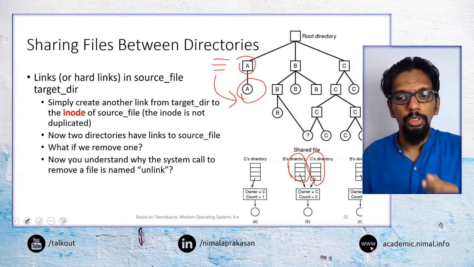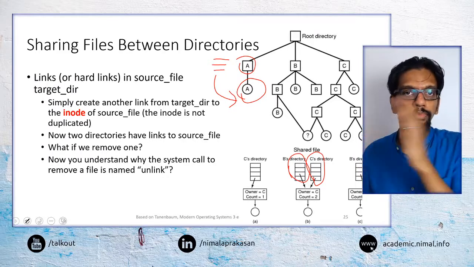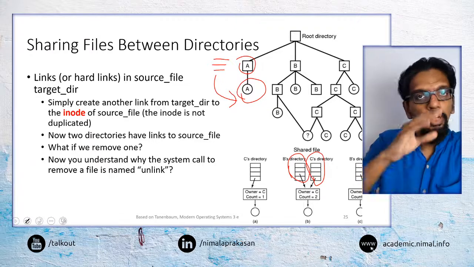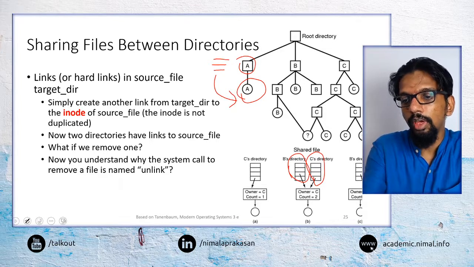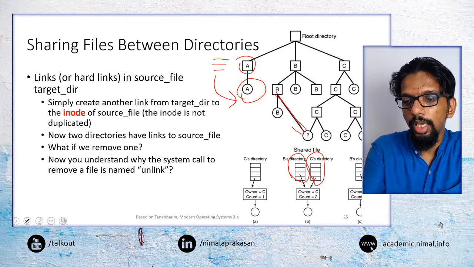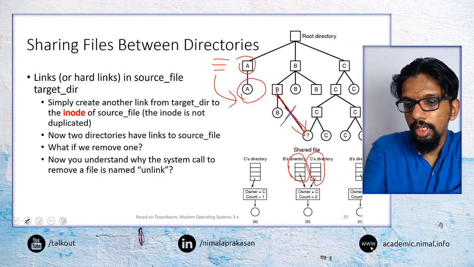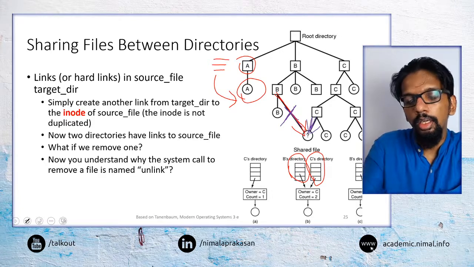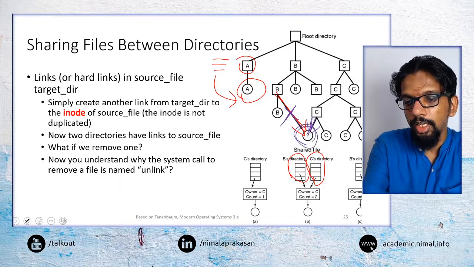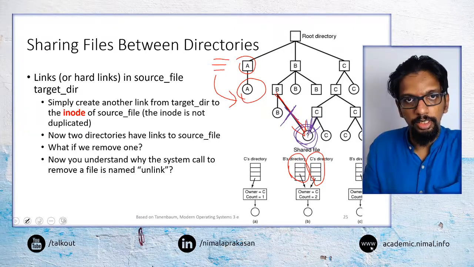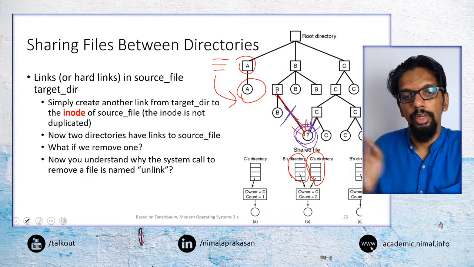It can also be used to understand what happens when we are moving files across directories. So here when we move a file from one directory to the other, say if we are moving from B to C, first we had this entry. So what we do is we go and remove this entry and create a new entry here. So now technically the file is moved. So we don't have to physically change anything in terms of how it is stored in the disk, in the storage medium. We just change the pointers across to a different directory.